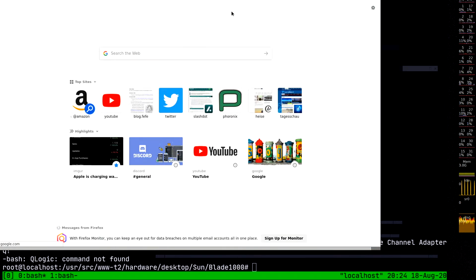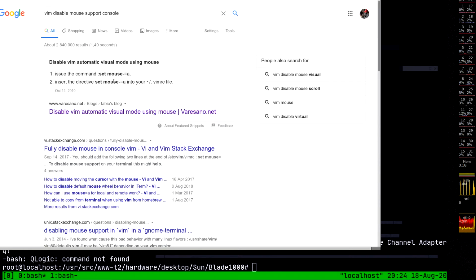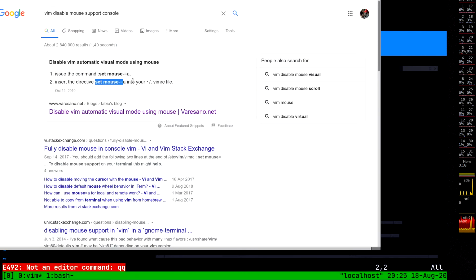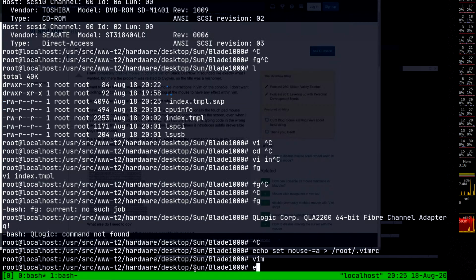Darn, I so hate this so much, Vim disable mouse support console. Damn it. Set mouse, what is the issue? The command disable, set this in your vimrc file. Who would even want this? Leave in the comments below. Who is a fan of that? I hope that leaves us with